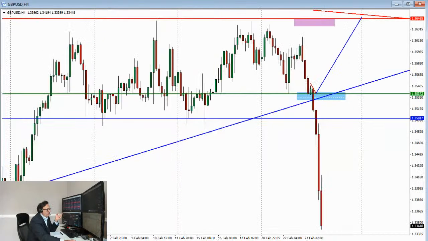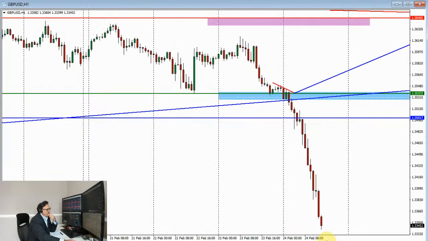So eventually the price did go there. There was a little pause here. And then off it goes. We have a substantial amount of selling now. This is hourly, so you have 1, 2, 3, 4, 5, 6, 7, 8, 9, 10 loads of red candles pushing lower, pushing lower, pushing lower. And I think I'm going to get stopped out on my trade fairly soon, or I will get out.